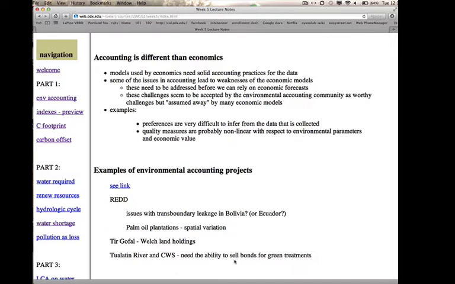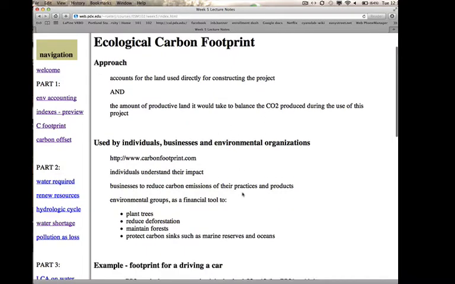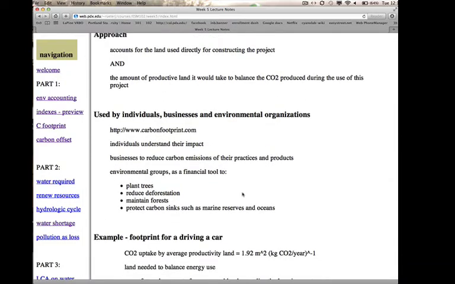Okay, let's look at an example of an index you're probably pretty familiar with, which is ecological carbon footprint. So we have the carbon footprint, which takes into account the land used directly for constructing a project and the amount of productive or biologically productive land it would take to take up the CO2 produced during that project. And this carbon footprint, I'm sure you've seen it as individuals do a worksheet to show what